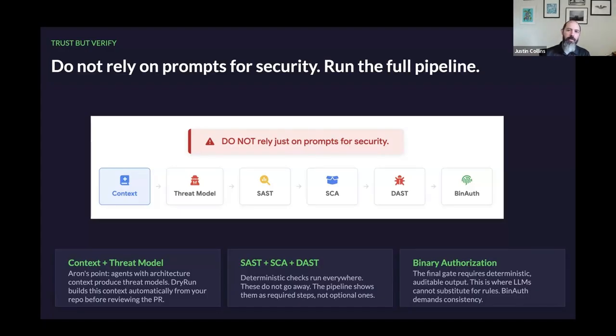But then we also come back to those gates that we want to have at various points, which are generally going to be at the PR level, right? And generally before deployment, where we do want to be running the full test suite. And again, going back to having assurance like, hey, every file was inspected, right? With the same set of rules. And we know what those rules are because they were defined somewhere. That's going to be your deterministic tooling. And then at the same time you're running that tooling, you can be running the AI-based tooling to also be looking for those things that the static rules are not going to